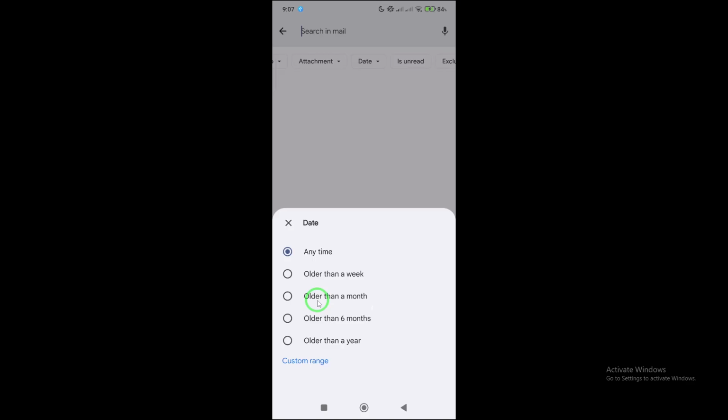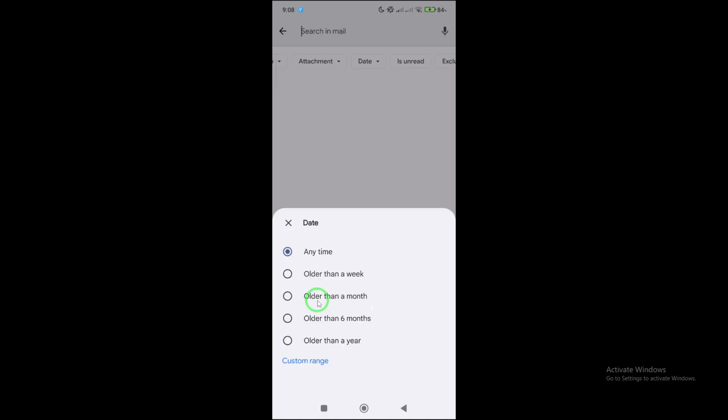Archiving is a good option if you want to keep the messages without cluttering your primary inbox, while deleting helps you reclaim space. A quick tip: you can repeat this process anytime to monitor how your older emails accumulate. For ongoing organization, set up filters or labels so that future emails automatically get sorted, making older messages easier to